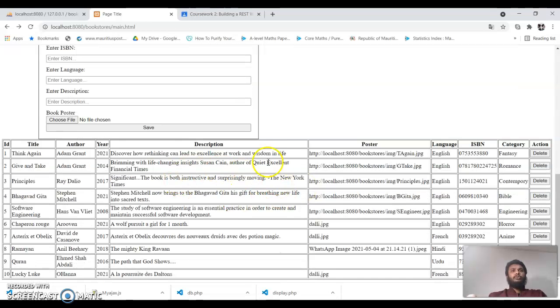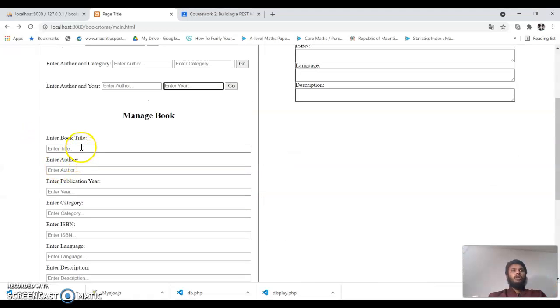First, let me show you a table that I have generated from the database that will show all the books and detail of the book here. And suppose I want to add a book. I have used post for insert in the database, and I add a book, a page with the